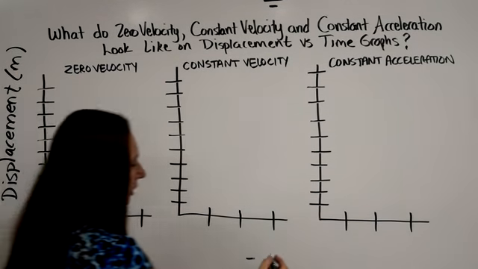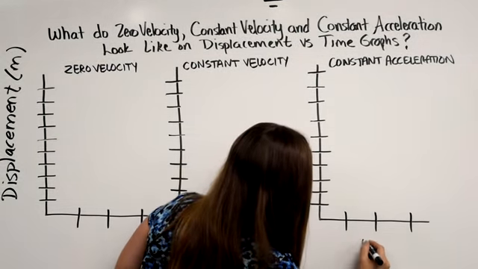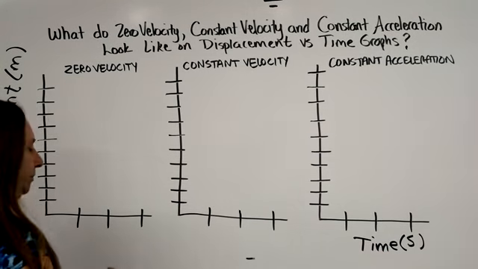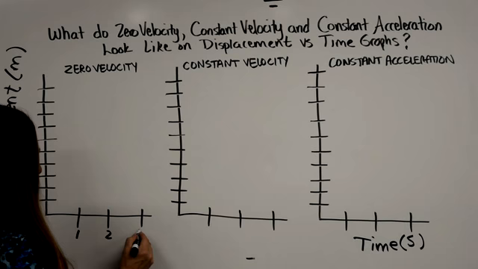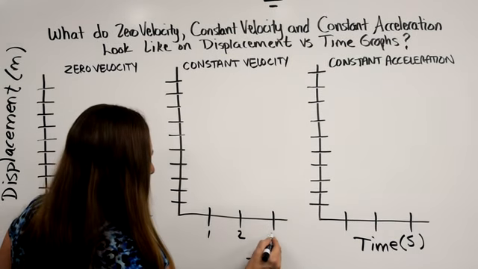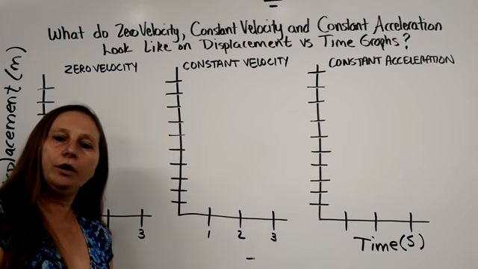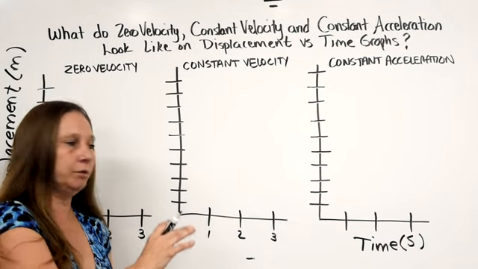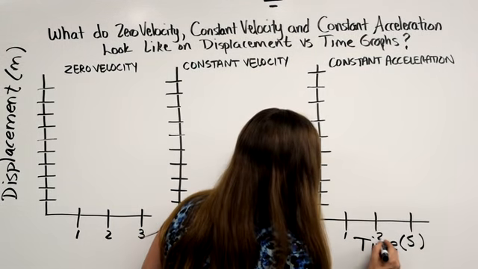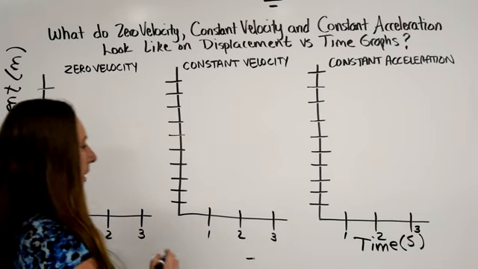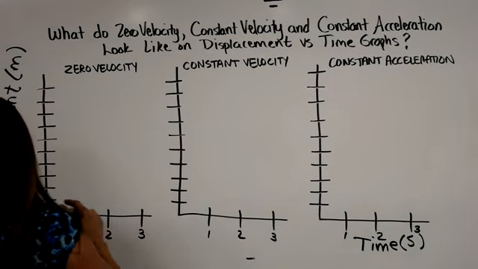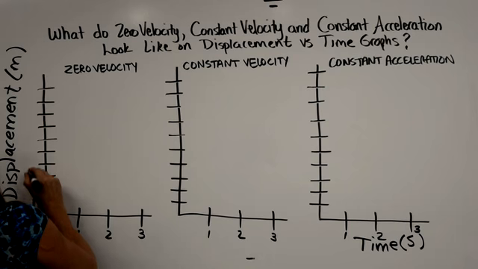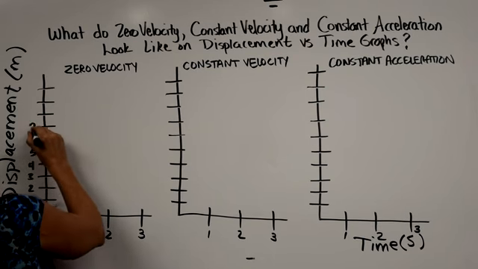The x-axis for each of these graphs is going to be time, and the unit for time is going to be the second. We have here 1 second, 2 seconds, 3 seconds. All right, 1 second, 2 seconds, 3 seconds. We're going to use the same data that we put on the number lines just a moment ago. 1 second, 2 seconds, 3 seconds. And on the y-axis, all right, displacement, 0 meters, 1 meter, 2 meters, 3 meters, 4, 5, 6, 7, 8,